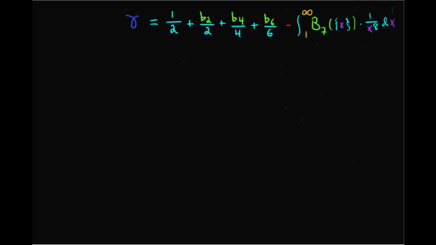Now we might think naively that we can just compute gamma directly, but if we look at that error integral, the integral from 1 to infinity of the seventh periodic Bernoulli polynomial times 1 over x to the eighth dx, I'm not aware of any really good way to compute that integral. But in the end, we're not really interested in the value of that integral per se. We're interested in it insofar as it will bound the error for us, but we're really looking at gamma. And so we need to figure out a way to approximate gamma here, making use of the Euler-Maclaurin summation